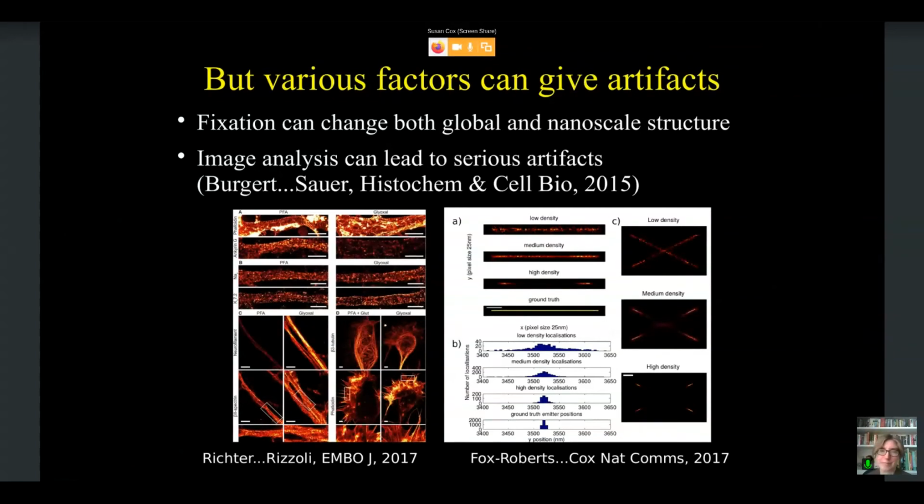And in this case, of course, we know what the ground truth structure is, so we can see what's happening. And you can see that in the low density data, which is in fact the best fit, the data are somewhat scattered. Then in the medium density, the line appears a little sharper. The crossed lines, we start to get a bit of disappearance of the middle bit of the cross. And then in high density, the line is much sharper at the ends, but the middle has disappeared, and in the cross, the middle has completely disappeared, and we just have very sharp bits at the edges. And this starts to hint at one of the challenges that we're going to come back to later on, which is that